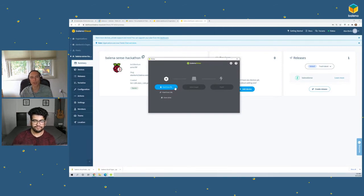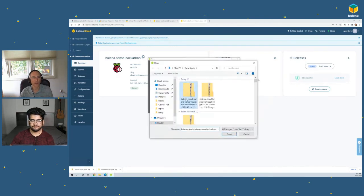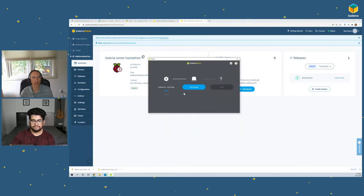Correct. And this image has everything that the Pi needs to boot up, connect to the internet, download balenaSense, and start running it. Which is pretty neat. So I'm going to choose the file that I just downloaded, and that was the Balena Cloud, balenaSense Hackathon. It's appropriately named. Didn't even unzip it. If you use Balena Etcher,